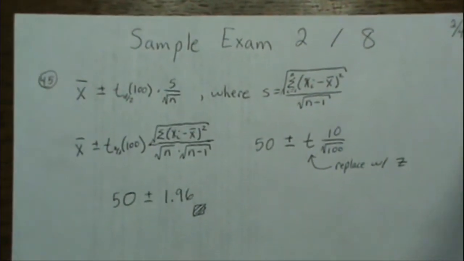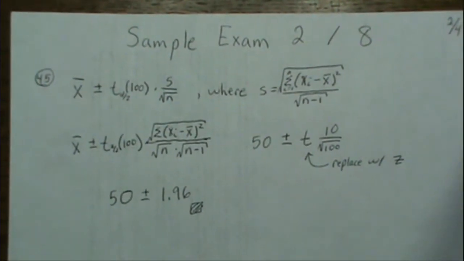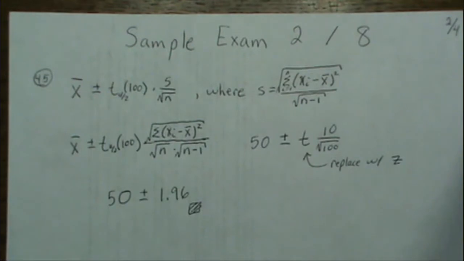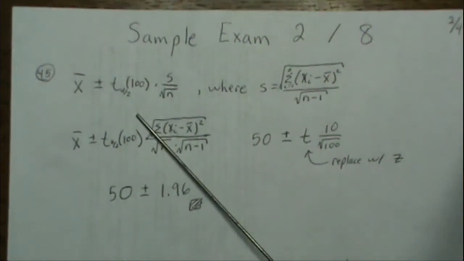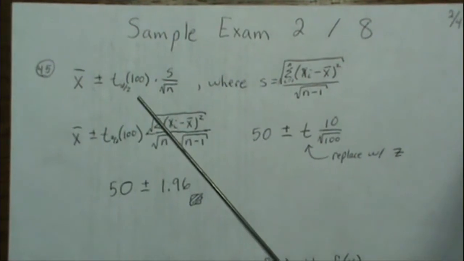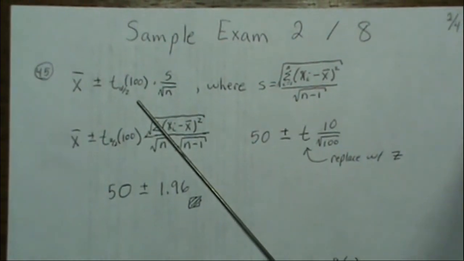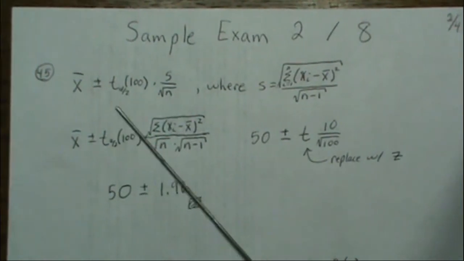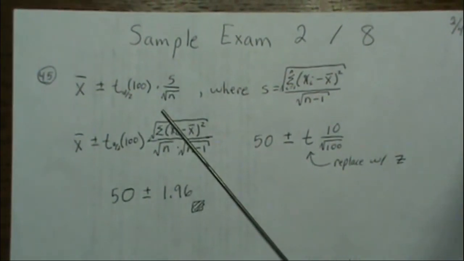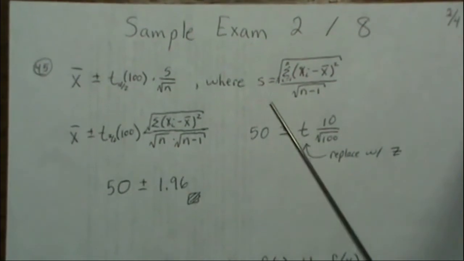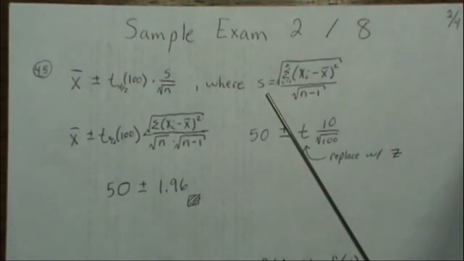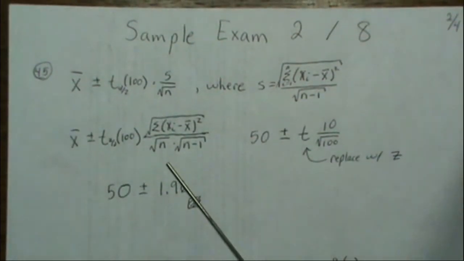Here, problem 45, we want to find a 95% confidence interval for mu. Well, we're in a t-distribution. Since we don't know the population variance or the standard deviation, we're technically in a t world, where S is the unbiased estimate of the sample standard deviation. So then the formula